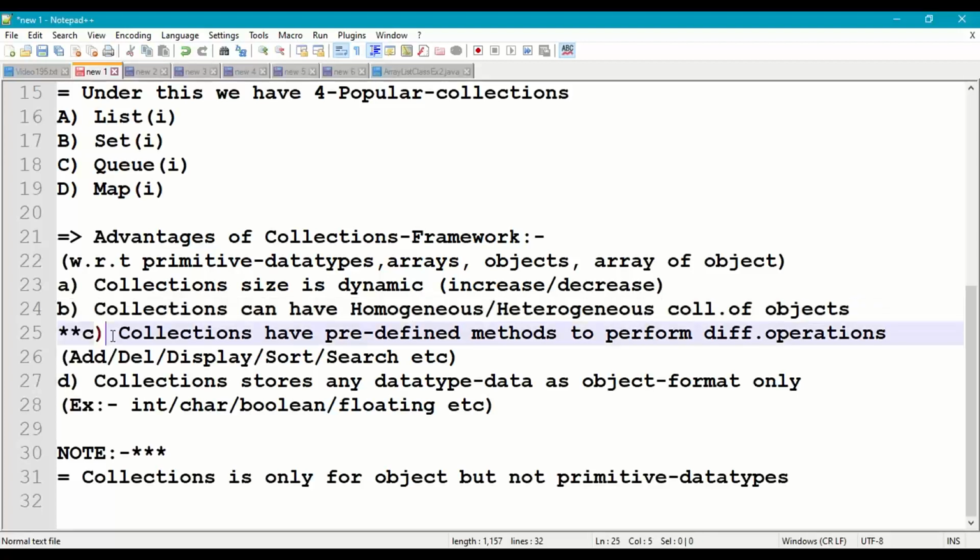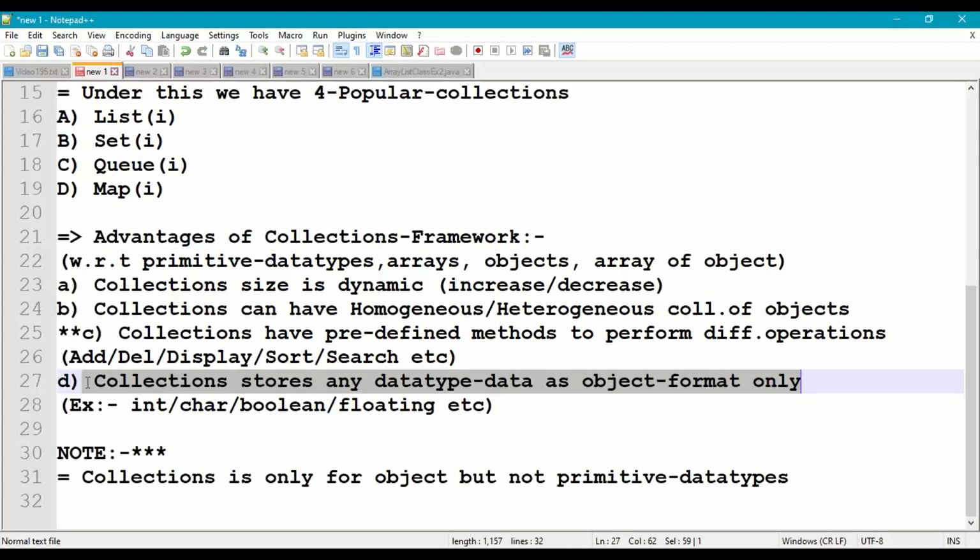Next, all collections have predefined methods to perform different operations, like adding, deleting, displaying, searching, and sorting the data. This is not available in primitive data type variables, array variables, object variables, or array of object variables. And next, collection stores any data type data in object format only.